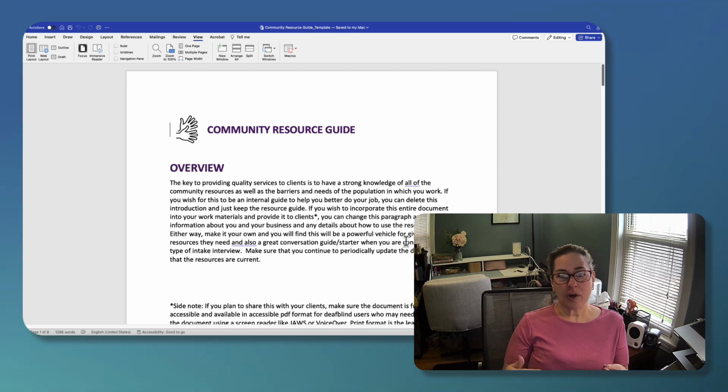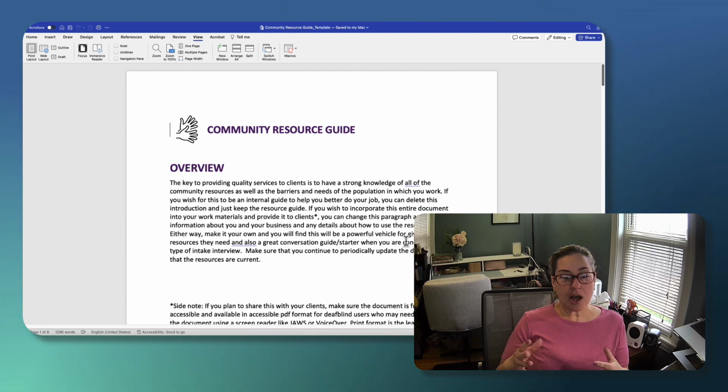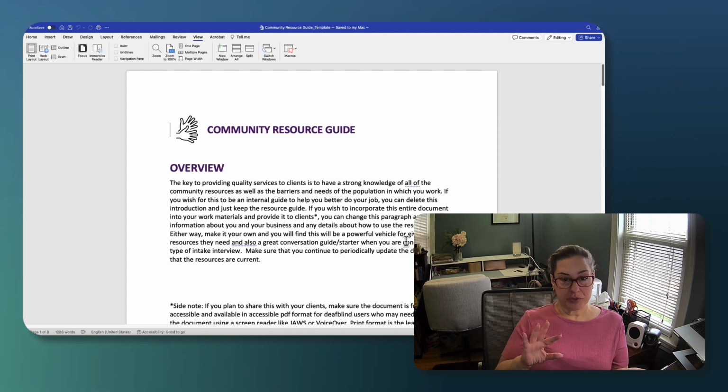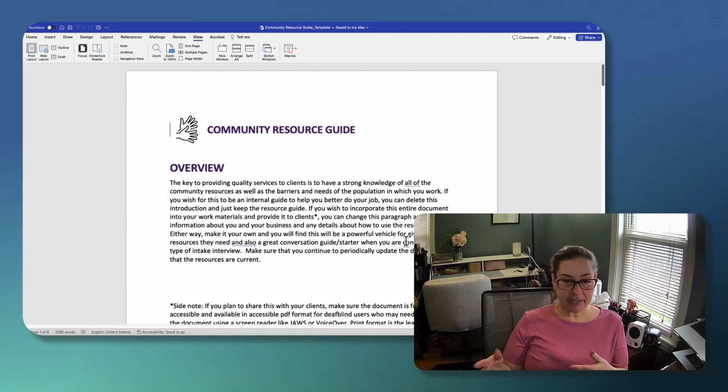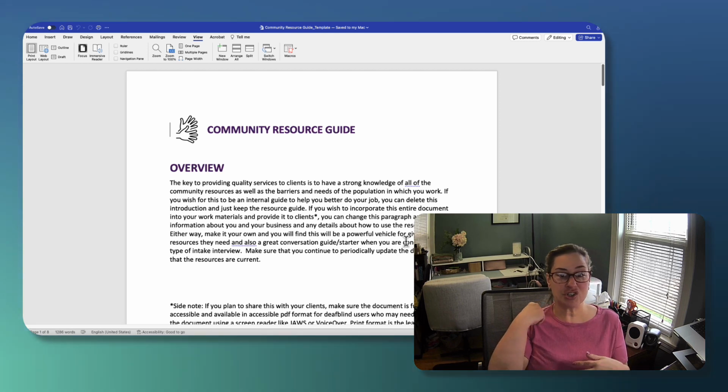So what I'm going to do today is walk through a resource guide that I developed, a template anyway, and give you some thoughts throughout on how you can make it your own and how you can develop something that's really going to help you in whatever work you plan on doing. Obviously, it's going to be with the focus of deaf-blind, but if your work ends up varying slightly from that, you can do multiple of them.